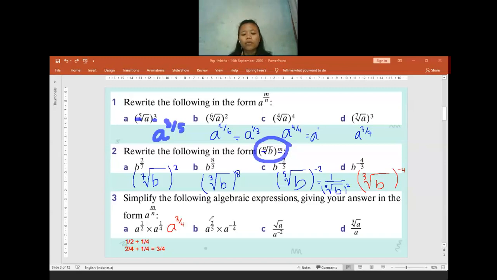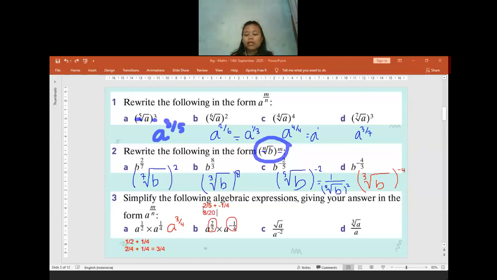So we have to simplify the power first. What do we have to do to the powers when we are going to simplify? Yeah, we have to add them. So we add 2 per 5 plus negative 1 per 4. We can make them into the same denominator, which is 20. So we can write it as 8 per 20.